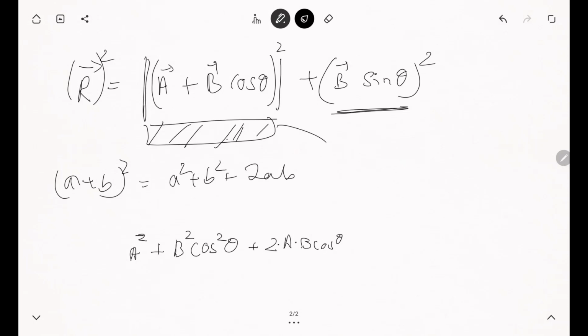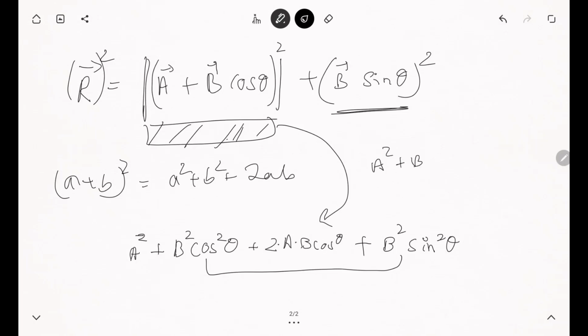This is this part of the equation, but then we need to add this. So let's just, b sine theta whole square is b square sine square theta, right? So we see that these two are common. So a square plus b square times cos square theta plus sine square theta